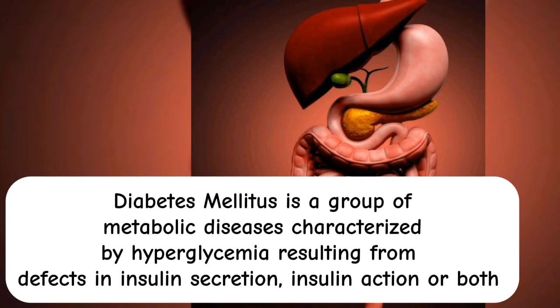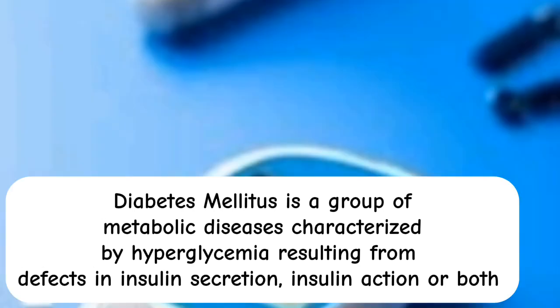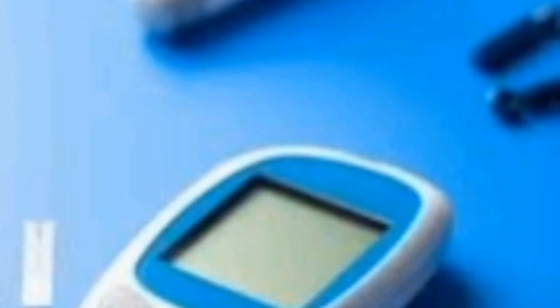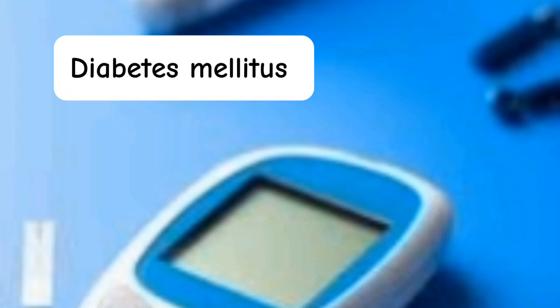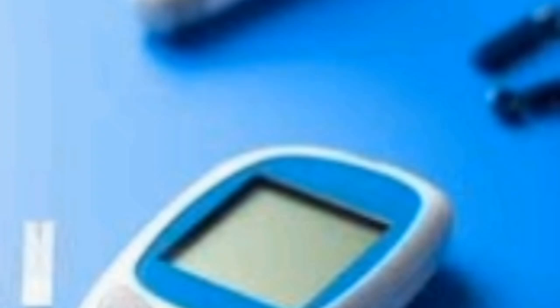The pathophysiology affects the secretion as well as the action of insulin, and can thereby affect the glucose level in a person. So I was just wondering where the word diabetes came from, and I found